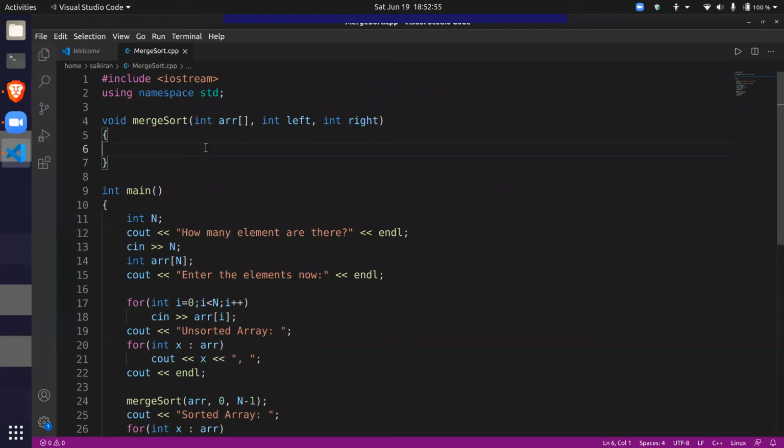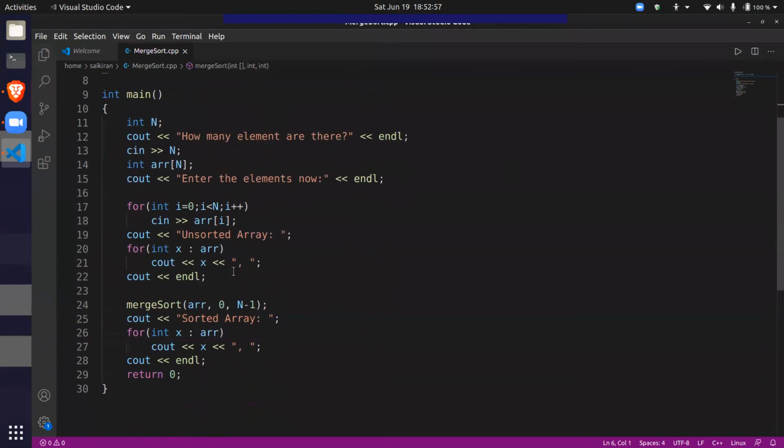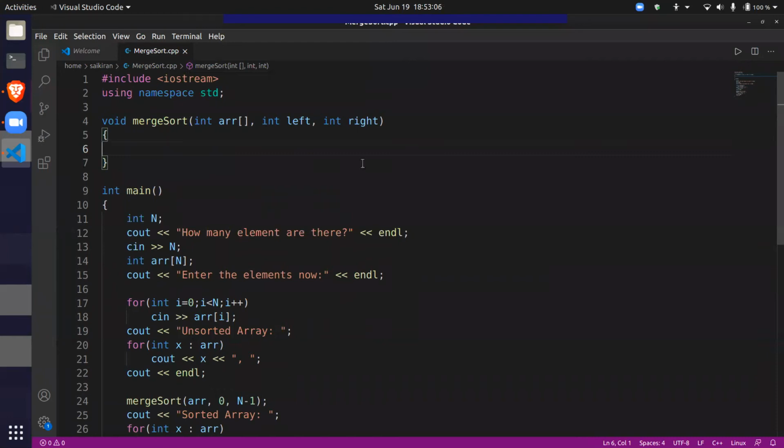So if I change an array, it will also be changed in the original place. So in the calling function, the array will also be modified. Arrays don't get copied by value, they get passed by reference. So I don't have to return anything.